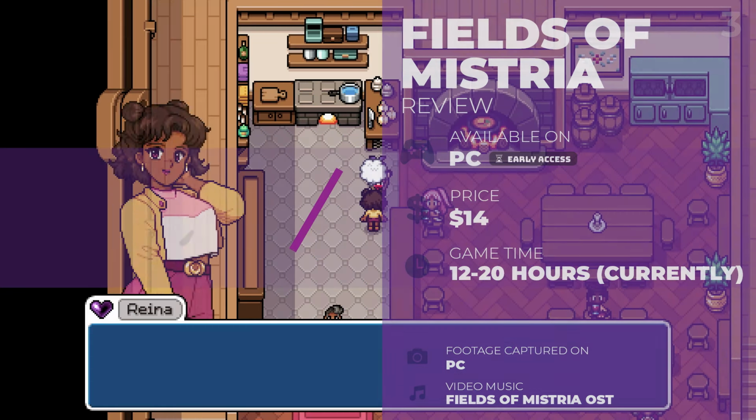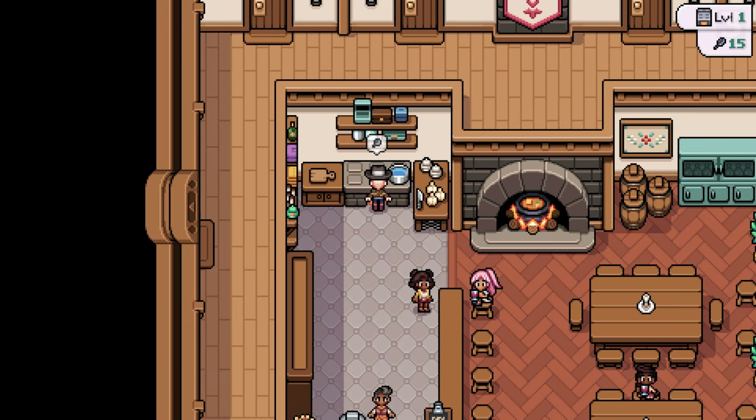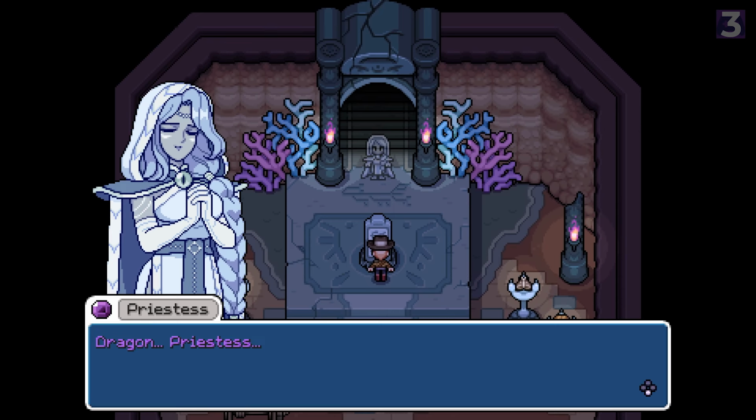Let's find out. Fields of Mistria is a cozy farming sim that basically took Stardew Valley and tweaked it in some meaningful ways, and that is absolutely a good thing. You play as a newly moved in farmer, lured to Mistria by the mayor, promising free land if you help improve the town. The story from there follows the usual route of helping around town to increase its stats and